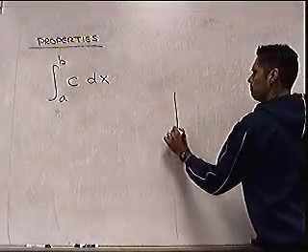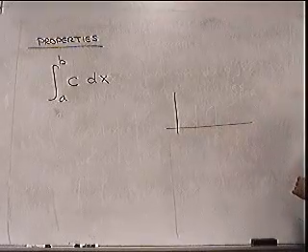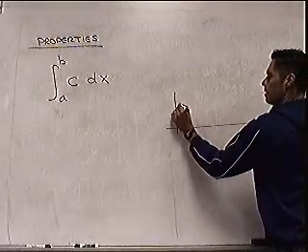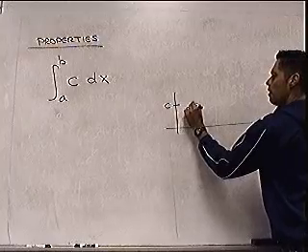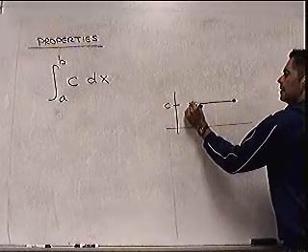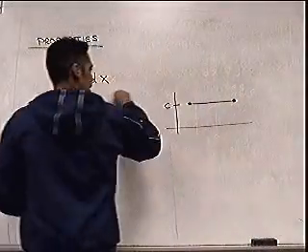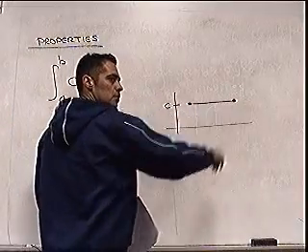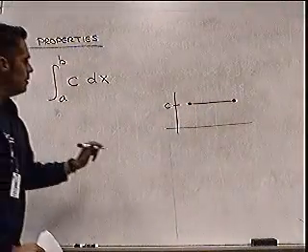Maybe a picture. What does a constant function look like? Flat line, right? So let's say here's c, that's how high it would be. If it's a constant function, like if this was 4, it would just be flatlined at 4. And if I go from a to b,